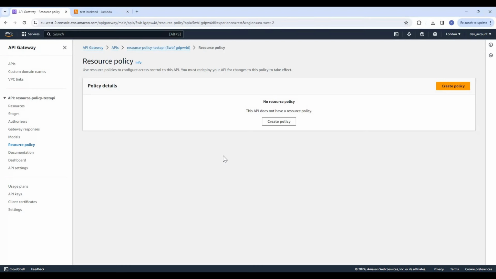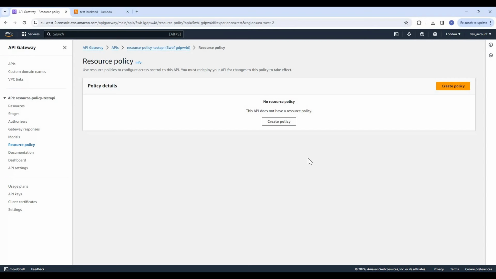Second is you can deny or allow access from a specific source IP address range or CIDR blocks. Third option is you can use resource policy to allow or deny access from specific VPC or VPC endpoints in any AWS account. So in this demo, we will see how we can restrict access to our API from a